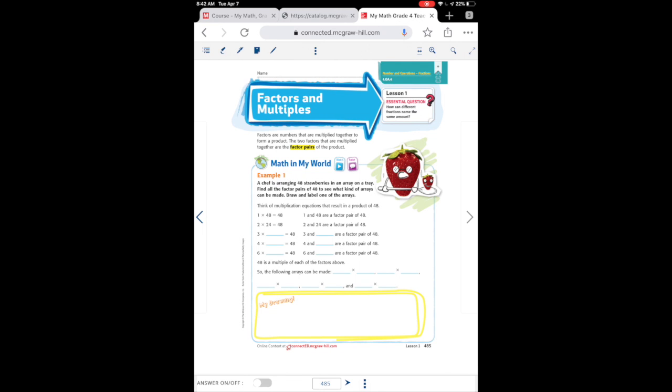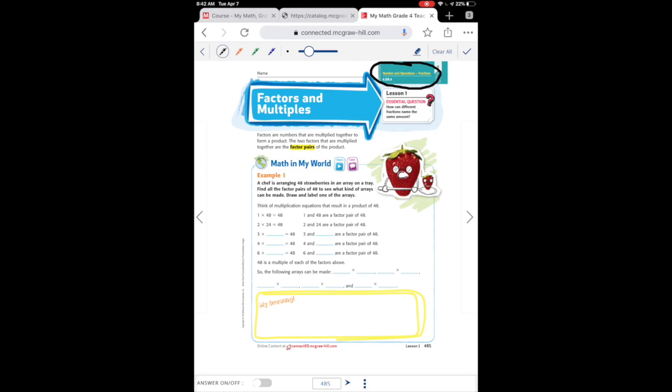Now we are going to start working on pages 485 and 486 of your math packet. It looks exactly like what we would do in class, so I want you to make sure you have it in front of you and you're working on it with me. Okay, if you look up over here in the corner, let me turn my pen on so you can see it. This is our standard for today,